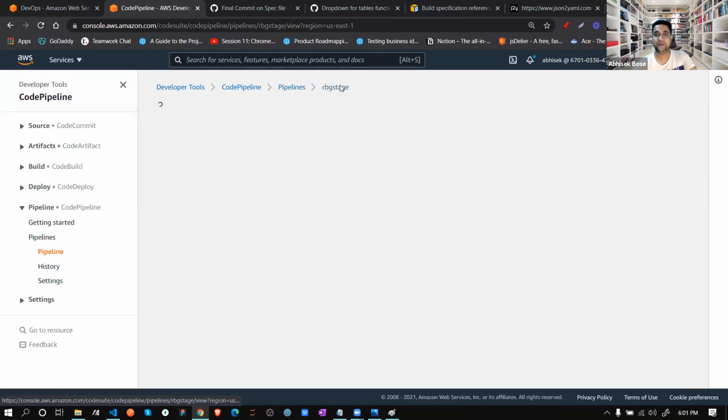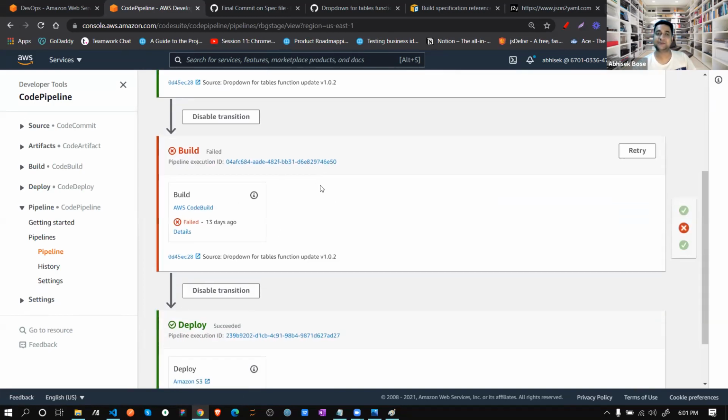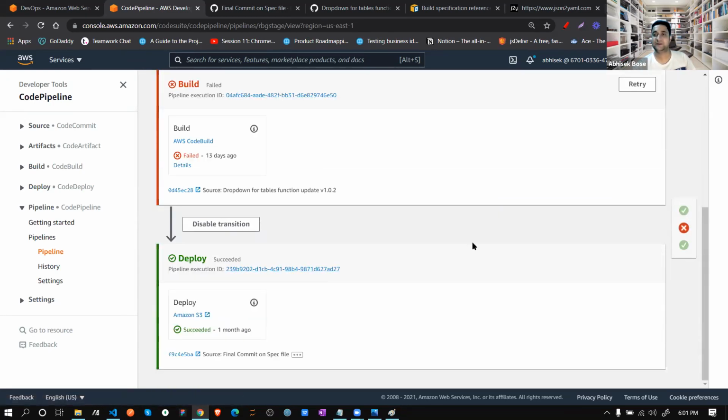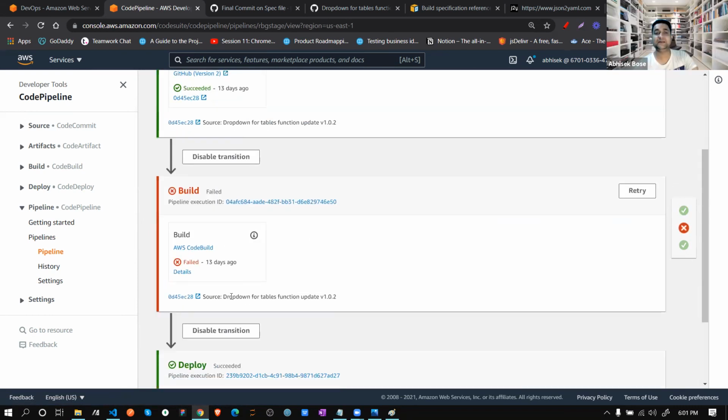Now you can ask me one question easily. So that means there is one step of source, another step of build, another step of deploy, correct? Apart from that, there are no other steps? Yes, you can ask. Now just think, when you are building, you can deploy to production, you can deploy to stage. Maybe you have another stage called the development stage. Then how will you do that?